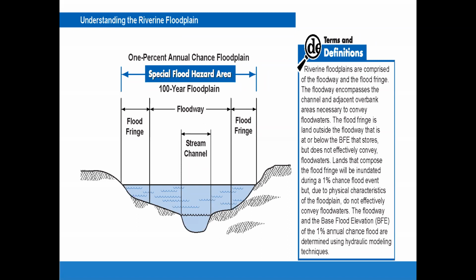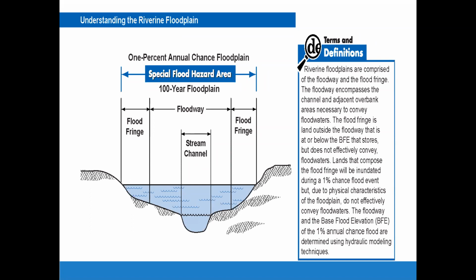So in this picture, we've got the high ground shown on either side. In the center, closest to the stream channel, we have an area marked as the floodway. Outside the floodway, I have an area called the flood fringe. This is typical of an AE zone on a flood map. There are also unnumbered A zones where we would just say the entire area from one side to the other is the special flood hazard area, but there would be no floodway designed. Talk about that some more in a minute.